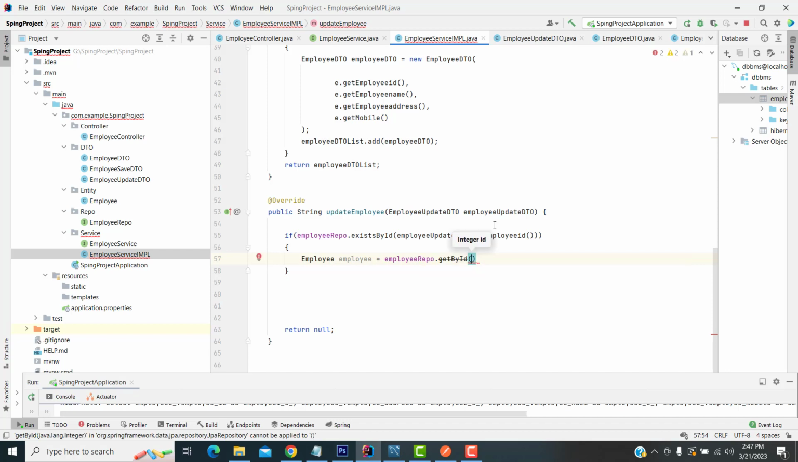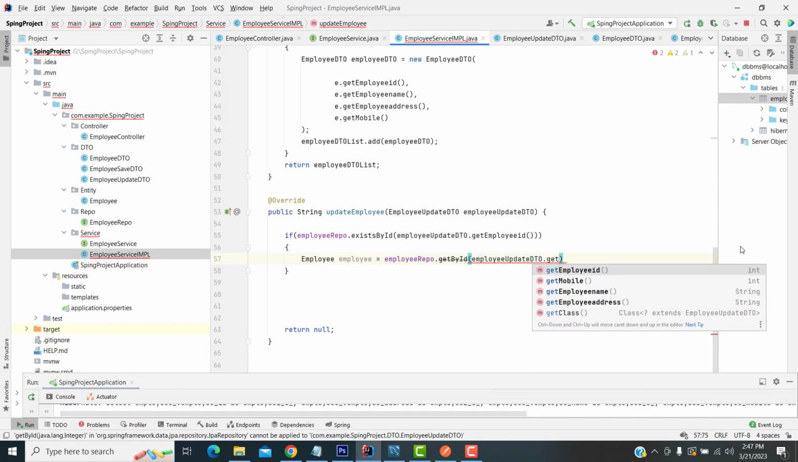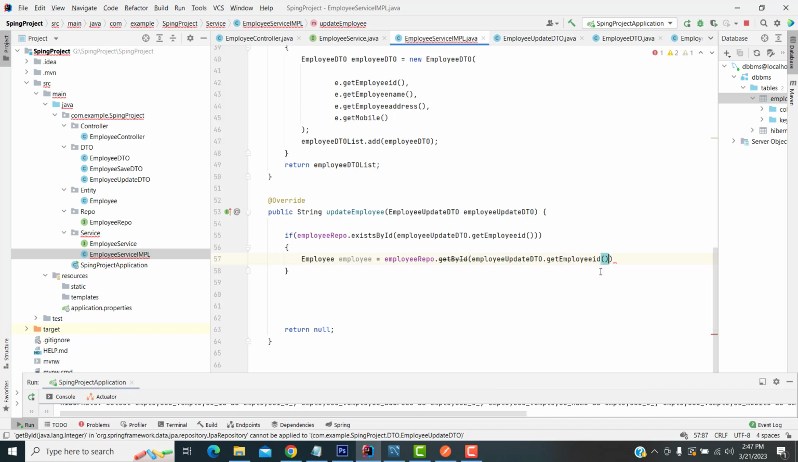You have to write here employee update DTO dot get employee ID. Right, you have to check whether the employee is available or not. If the employee exists, then only we have to update the record. You have to find it here. If it exists, now what you are going to do is you have to write the update things. So we have to write the set of the update things. You have to write here this employee